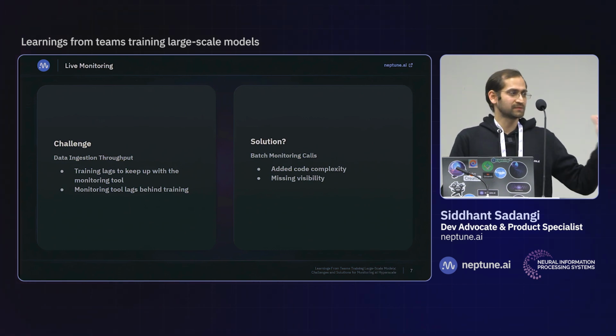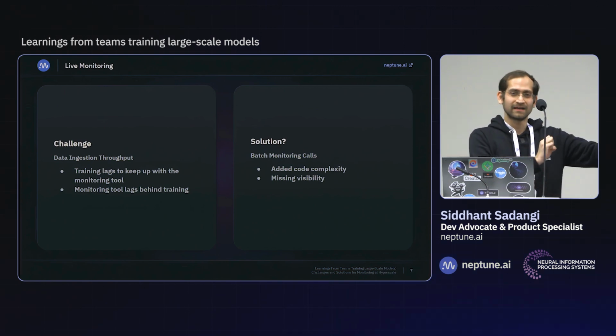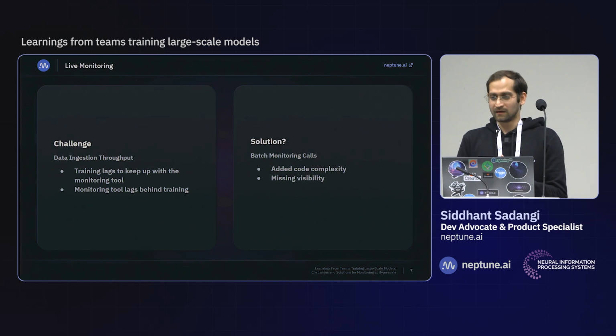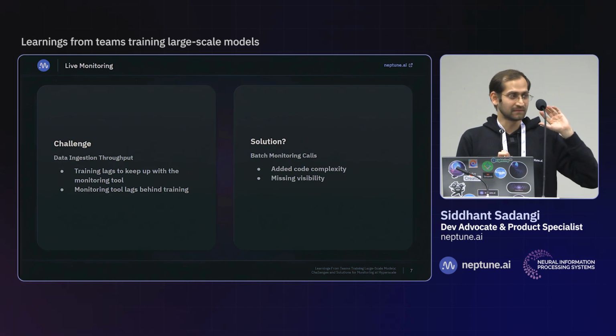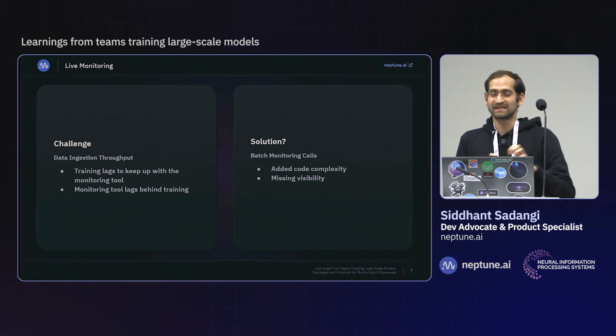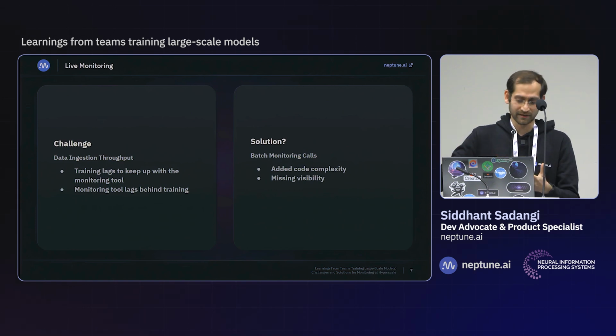One, your code becomes more complex, because in addition to your training boilerplate, you also have to handle the aggregation of metrics at each batch and then log it at the end of each batch. And this also means you have to spend more resources, when those resources could be used towards actual training